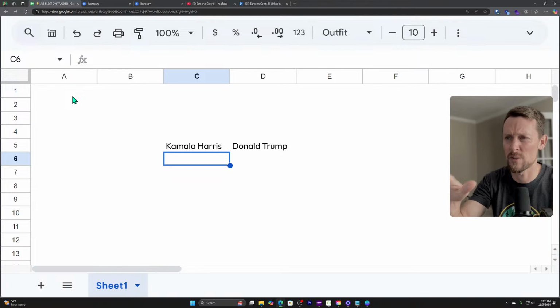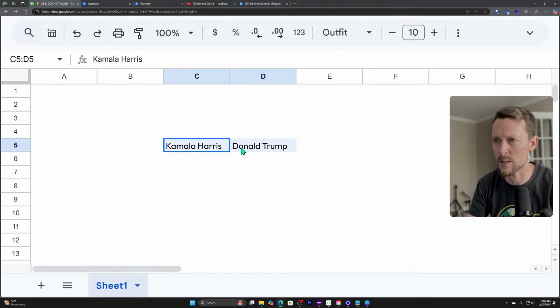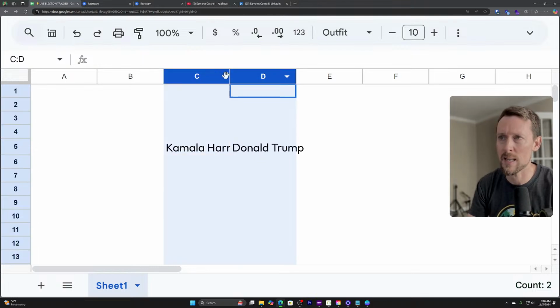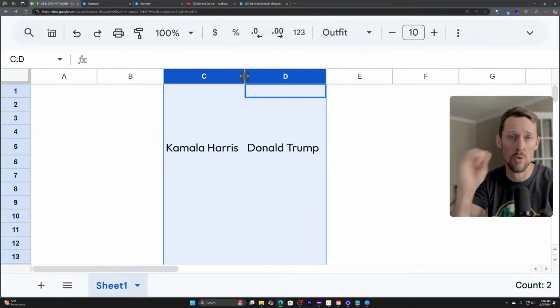Kamala Harris, Donald Trump. That looks right to me. So we're going to have our candidates here, and then right beneath our candidates, let's make these a little bit bigger. Right underneath our candidates is where we're going to have the live results in graphical format, no less. Just stay with me. This is really going to be something else.